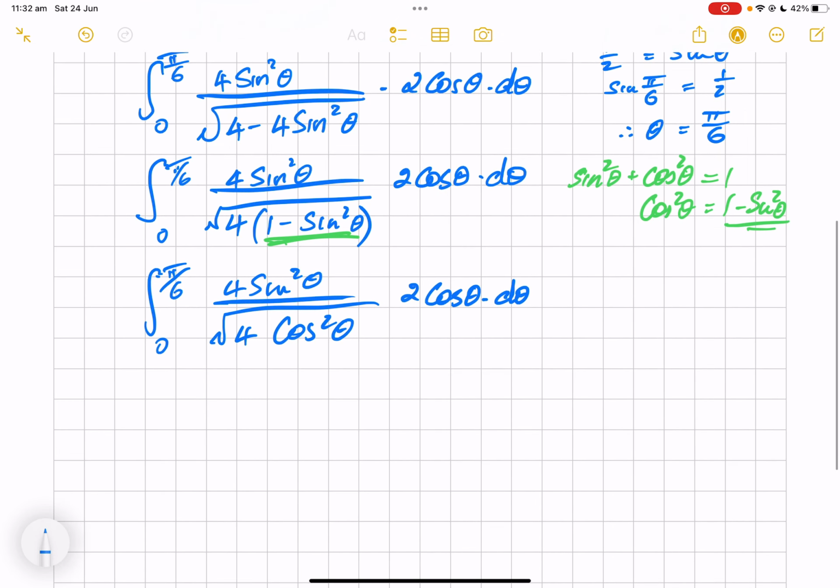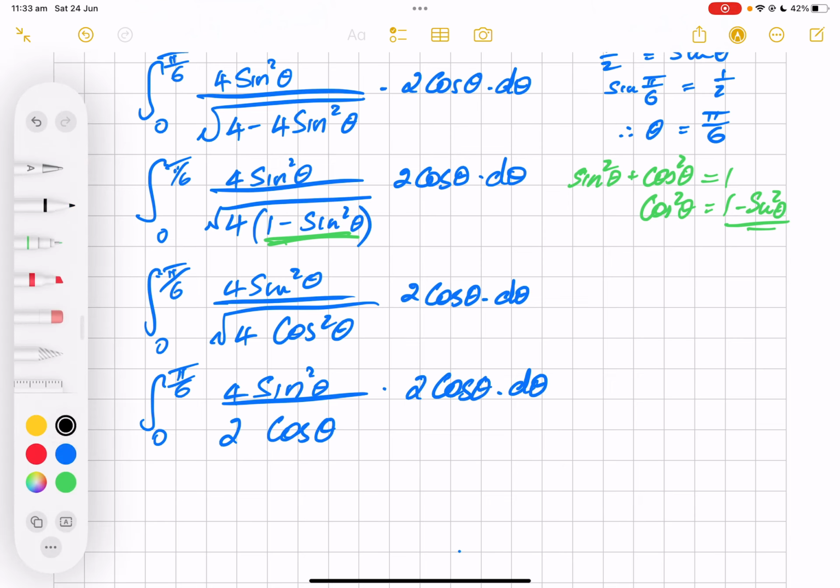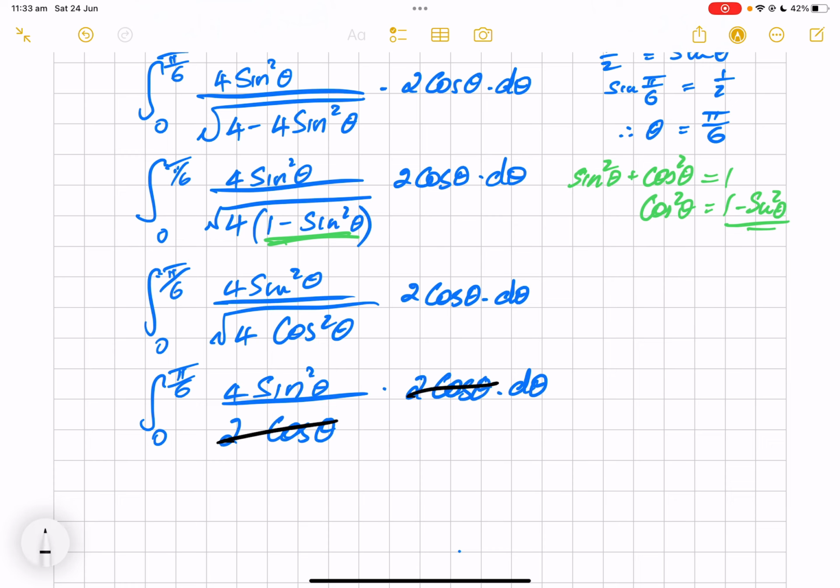Now the square root of 4 is 2. The square root of cos squared theta is cos theta. So let's leave our 4 sine squared theta on at the top. The square root of 4 is 2, and the square root of cos squared theta is cos theta. Look at that, it's working in our advantage, because 2 cos theta cancels with 2 cos theta, and we're left with a simpler expression, from 0 to pi over 6, 4 sine squared theta